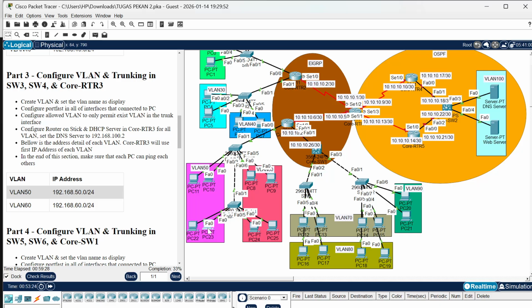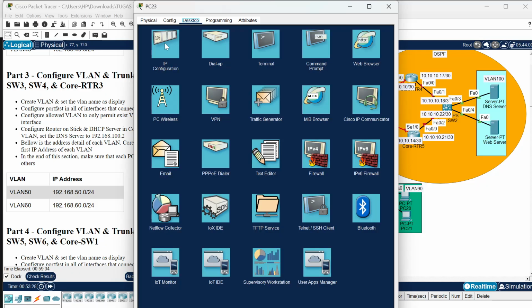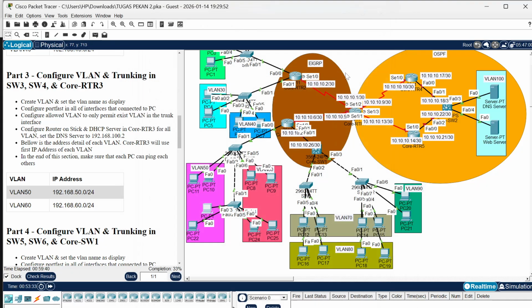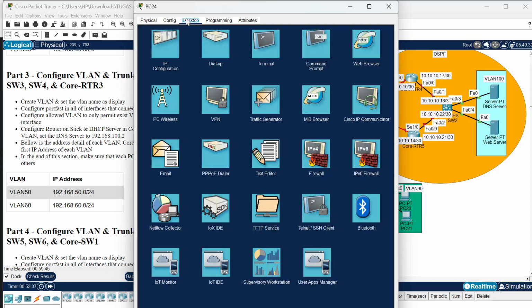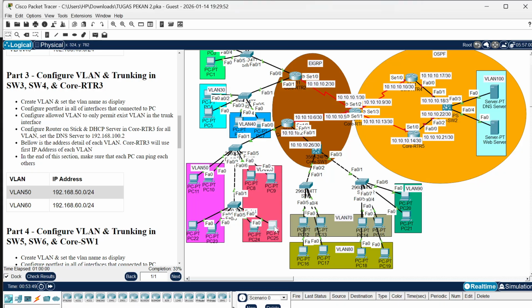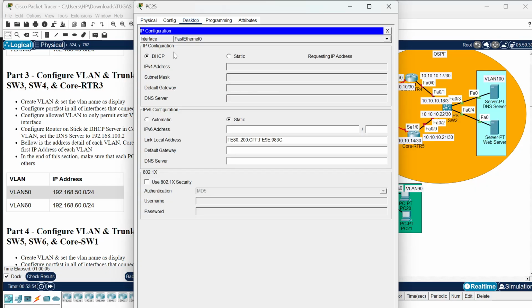I'm sorry, cannot touch this. See, desktop, DHCP, 50.5. Can go back to this: IP configuration, DHCP, 64. Desktop, IP configuration, DHCP, 65. Okay,